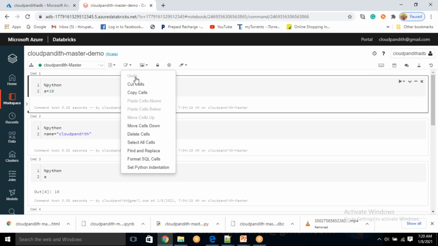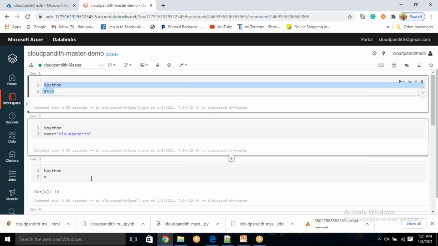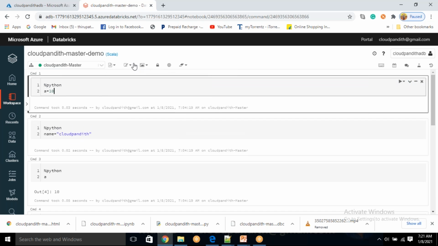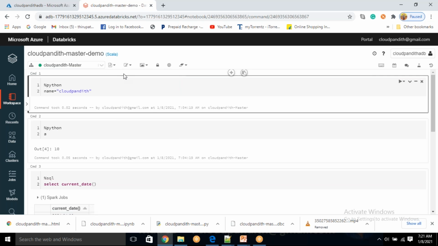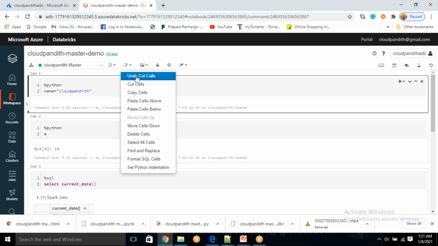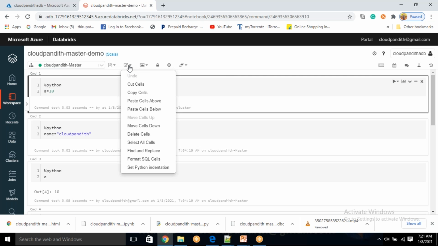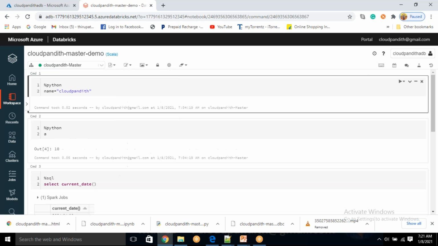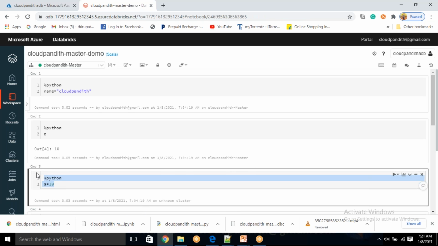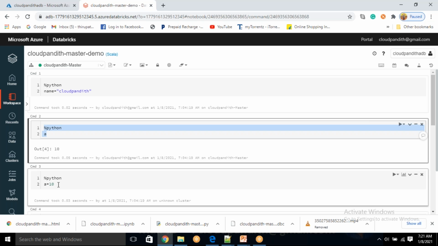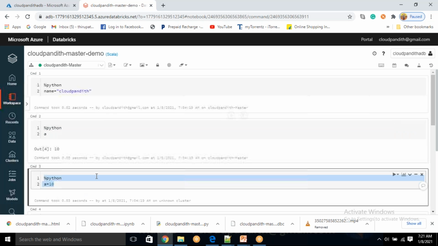Let's come to this. Now you see, I want to cut this particular cell and paste it somewhere. So for that, click on this cut cell. I just cut it, right? Once you cut, you want to undo, meaning I cut that, I want to paste it as is wherever it was previously. Now undo means it came back to the same place. It's kind of a rollback you are doing. Now cut cell, I want to paste it here, somewhere, just click on this. Okay, I got it here. But now what I wanted to do is move this particular cell. See, I am accessing a here, so that's why I want to move this a = 10 a little bit up.